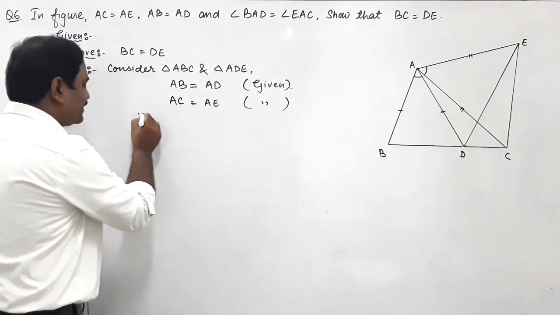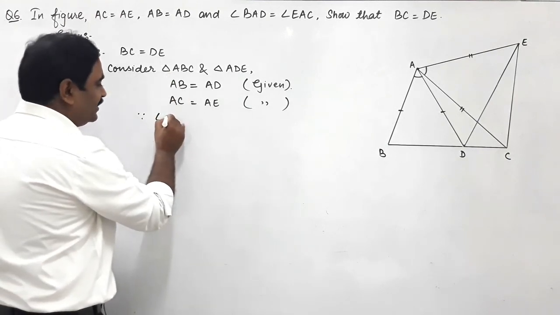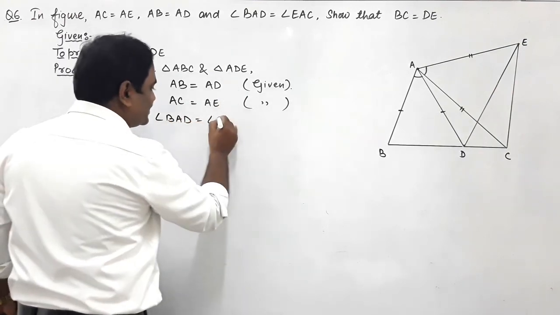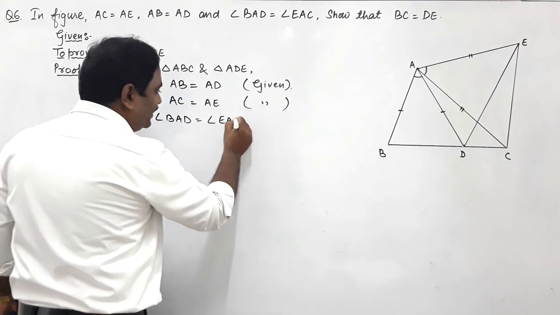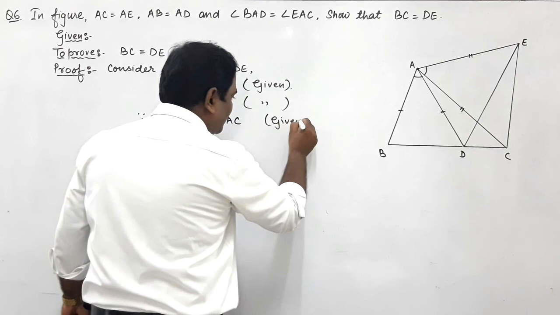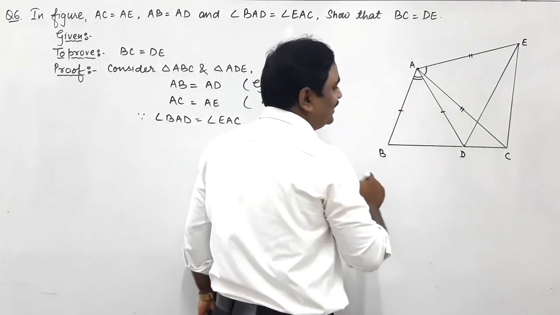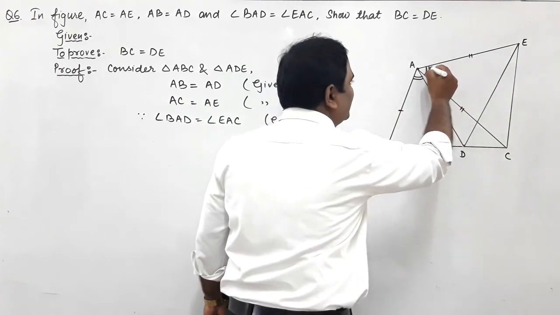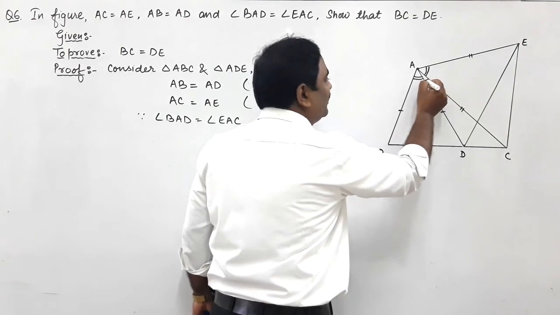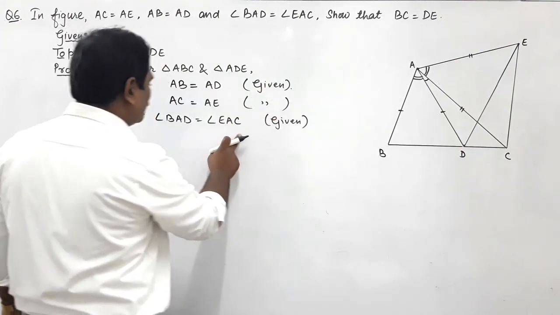Okay. Now let us move on to the third thing which is given. Since angle BAD is equal to angle EAC, which is given. Now just see, this triangle BAD is related to this triangle, and this triangle EAC is related to this triangle. They are equal also. What do we do? In both these angles we add this angle, meaning adding angle DAC on both sides.